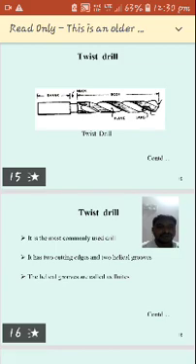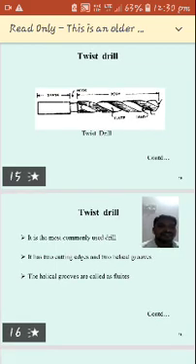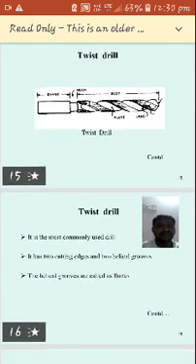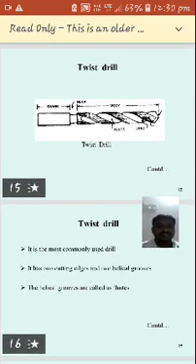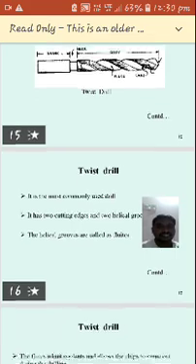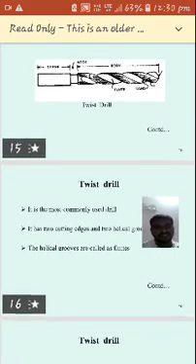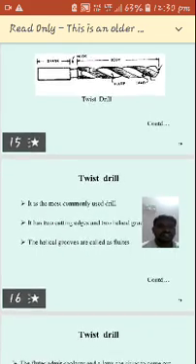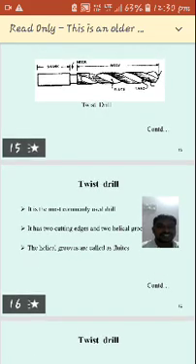On the body it has spiral flutes, which we can call helical grooves, and these are called flutes. The purpose of flutes is to allow the coolants in, and in the same way they are also used to let the chips escape from the workpiece. That is the body, that is the flute.